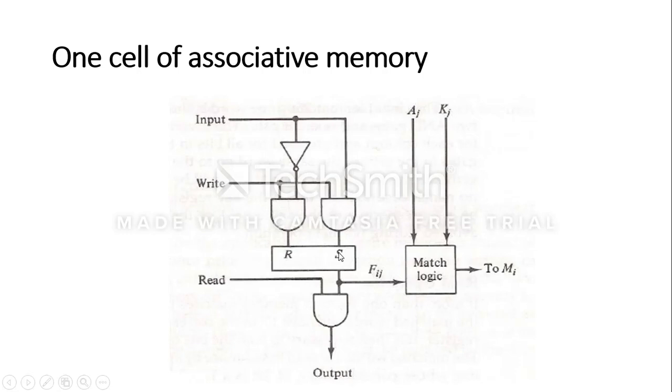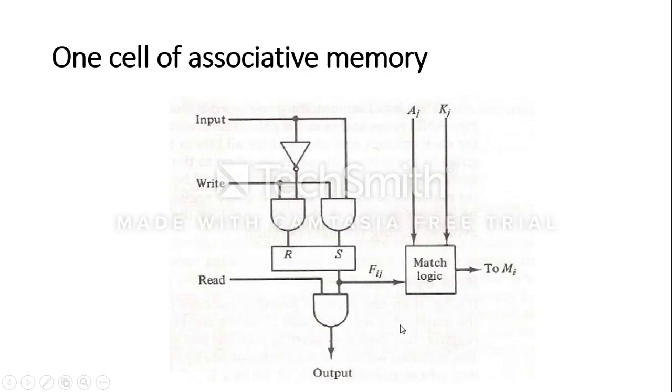Now the original value which is available in the S pin of the flip-flop can be obtained as the output if the read input for this particular flip-flop or memory cell is enabled. So to get the output from this flip-flop, we require the value available in the S pin. This is basically the output Q, which is ANDed with the read control input for the memory cell. So when read is 1, whatever is the Q output of the flip-flop will be produced as the final output from this memory cell.